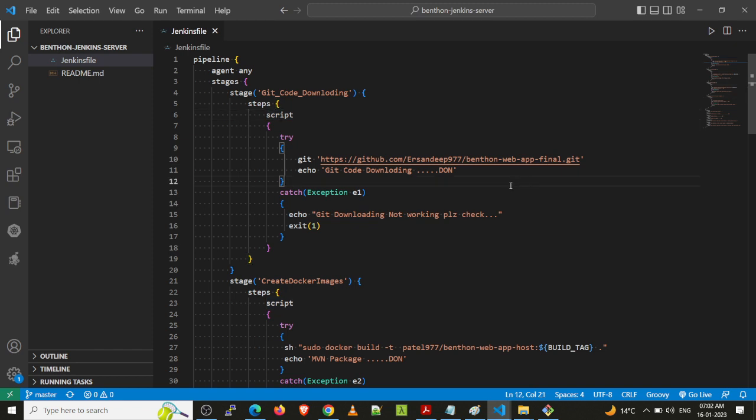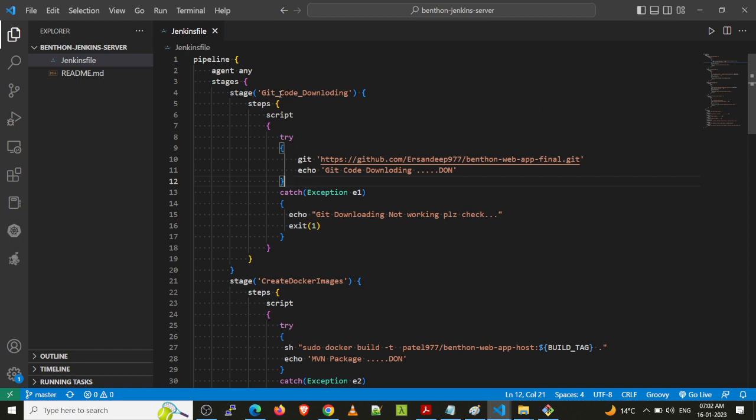We first have to download the code. For this code we have created one try block and catch block. If the code works successfully, it does this. If the code does not work, it shows some exception. So this is the exception, and this is the running code.